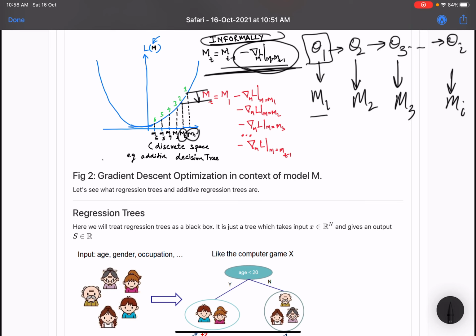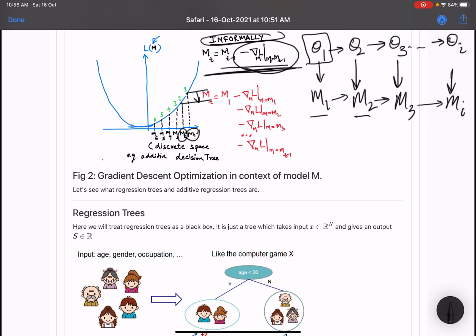But a more general way of thinking would be evolving models. Usually theta is a vector, like in linear regression, logistic regression, neural networks, but there are certain models where theta is expanding at each iteration. For example, in gradient boosted decision trees, thetas are expanding at every iteration. So it's better to think about evolving models from M1 to M2, then M2 to M3, and so on, right?